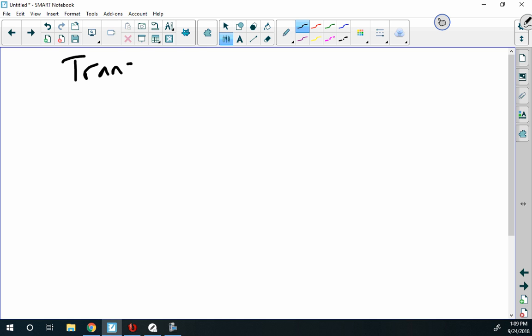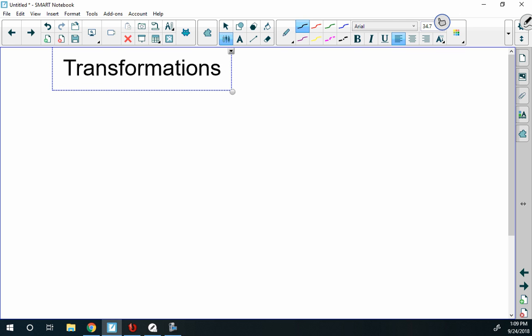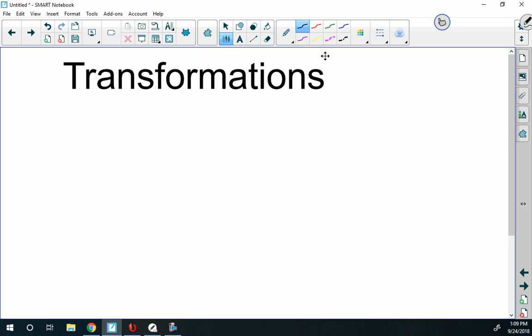Transformations. There are 3 types. I'm going to use Roman numerals when we talk about these. And the first type of transformation that we're going to talk about